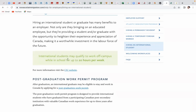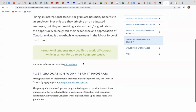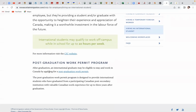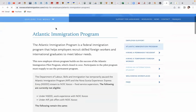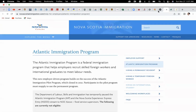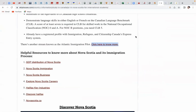International students are qualified to work off campus, so you can start working when you're in this province, you see. Okay, so that is it. This province also has the same thing that I listed earlier. If you school there, you will still have that opportunity that I explained. So the next one is